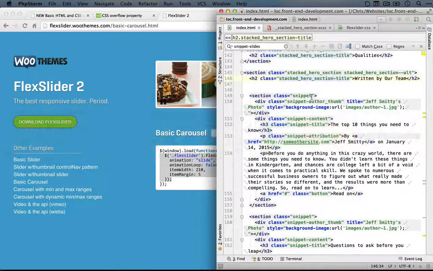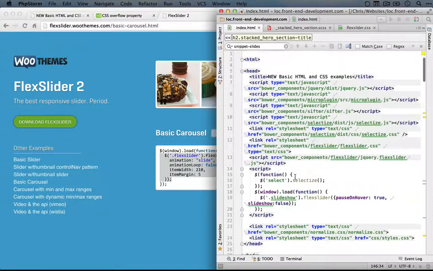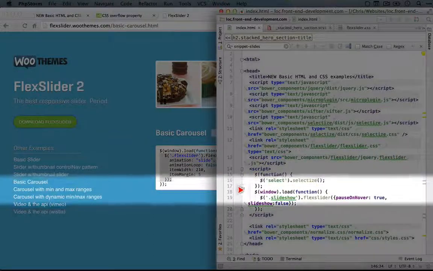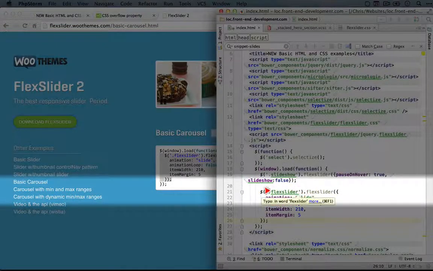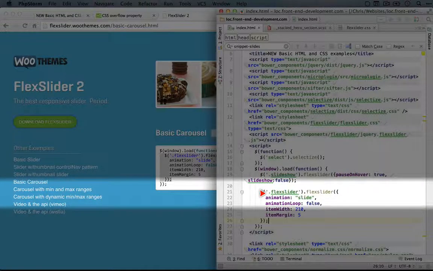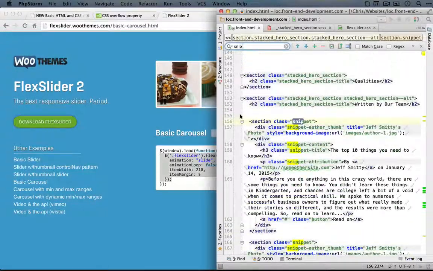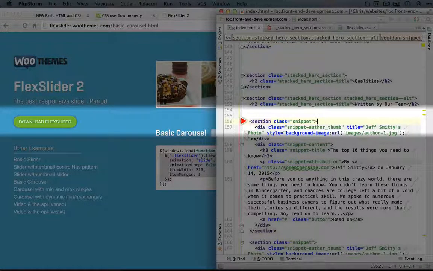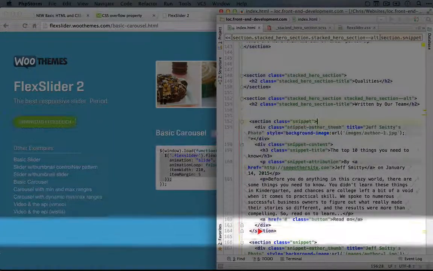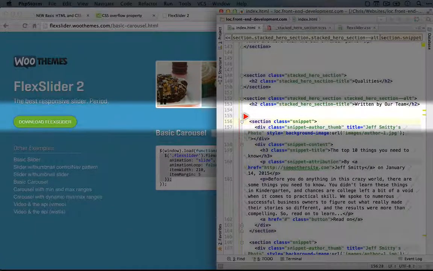I'm going to go back to our browser, and I'll scroll up to the top where we have our current Flex Slider displaying. And we can just paste this bit into our window load function. Now we'll want a different selector here because both of our slideshows on this page will have the Flex Slider class, and we only want this applying to our one slideshow that we're working on right now. So I'll do a search for snippet to jump to that part in our HTML. And now just like we did above in our other slideshow, we're going to be wrapping these section elements in list item tags because that's the structure that Flex Slider expects.